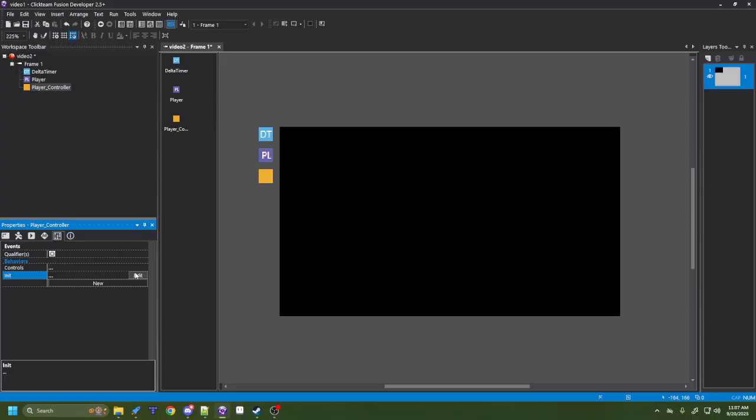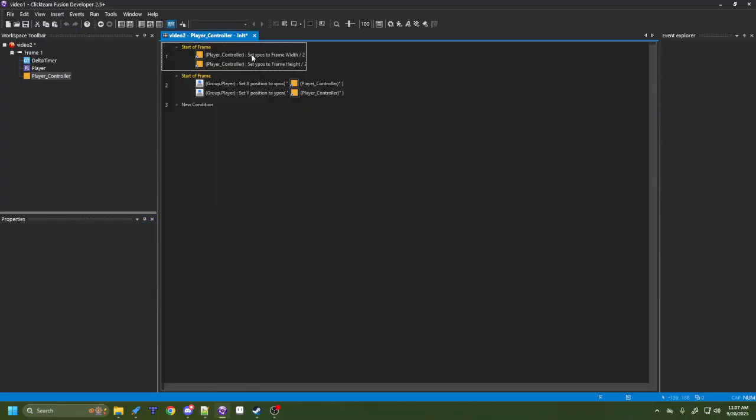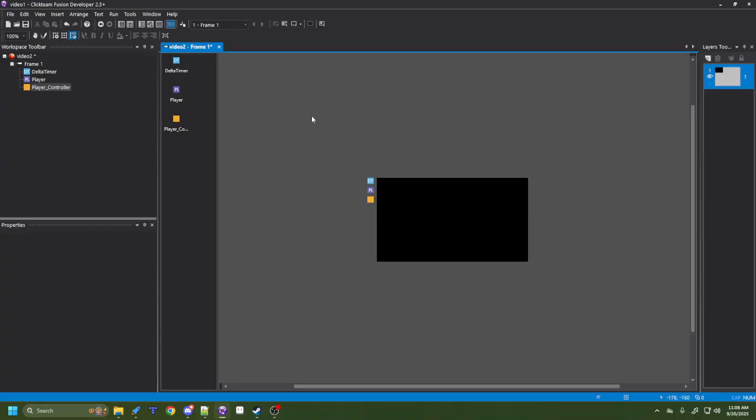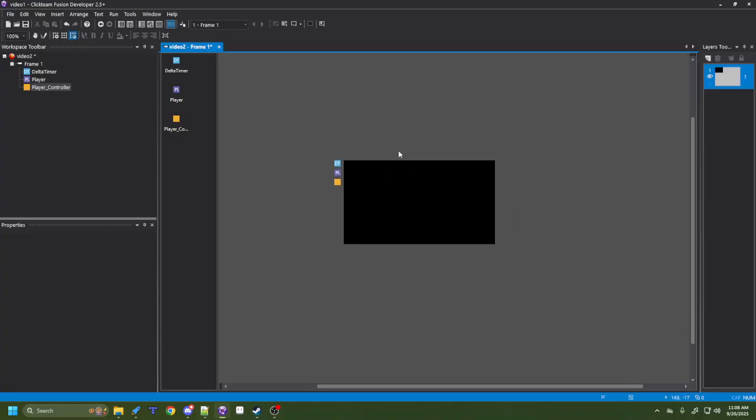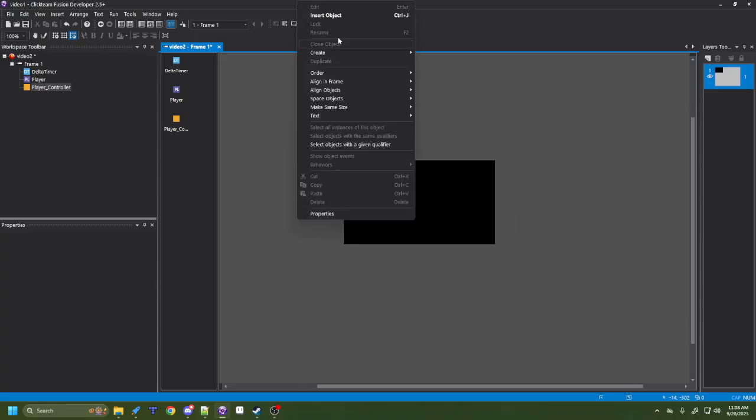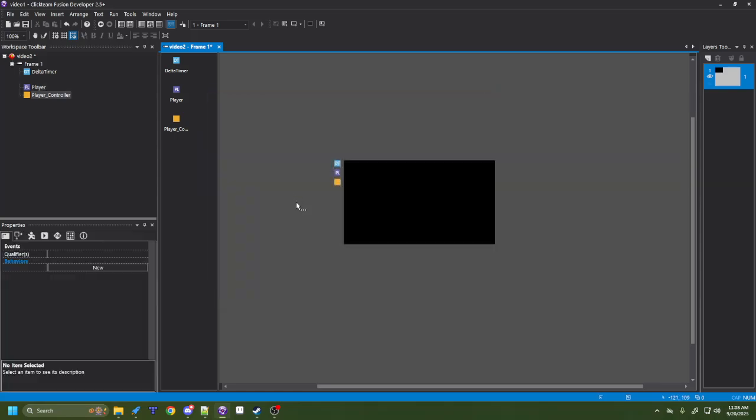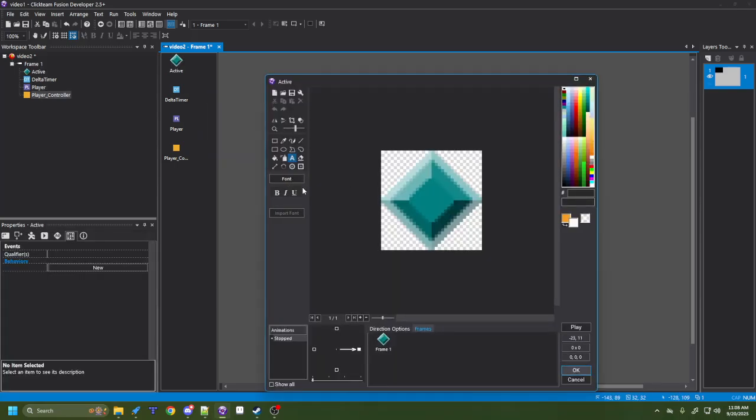We now have an initializer, which takes the frame's width and height, pushes it into the position X and position Y. And then this one at the start of the frame takes the group, puts the X position, Y position into the group. Completely universal. The only problem that you have is that if you have more than one active object,